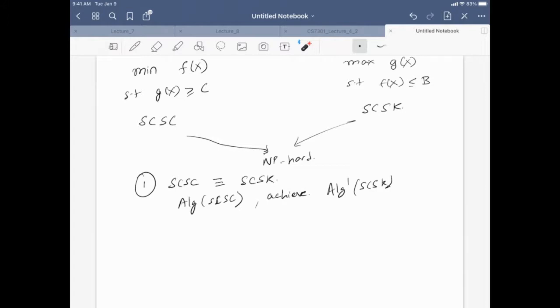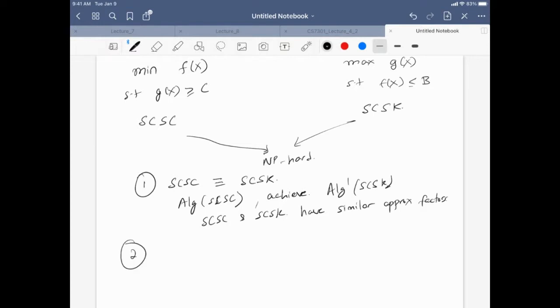So essentially what it means is that if there is a certain approximation factor you can achieve for SCSE, you can also achieve the same factor for SCSK, right? So both these problems are kind of similar from that perspective. So essentially, I'll just write this down: SCSC and SCSK have similar approximation factors,